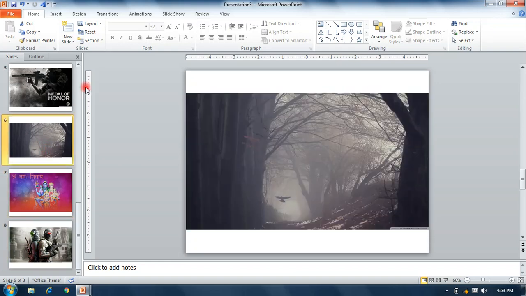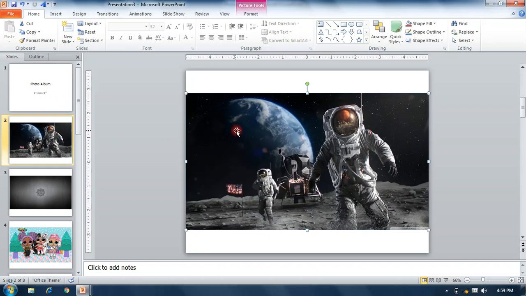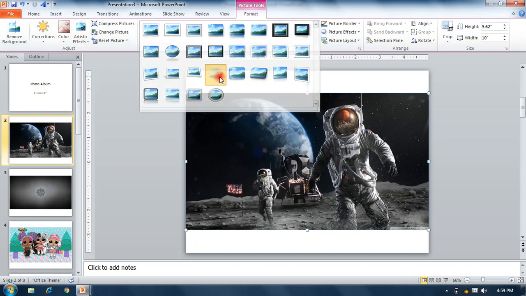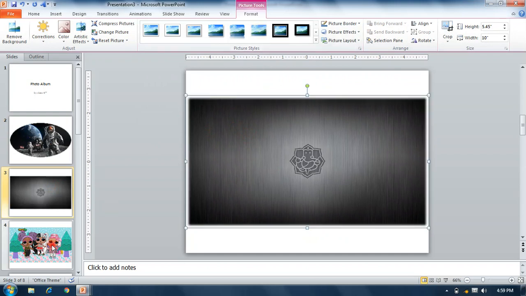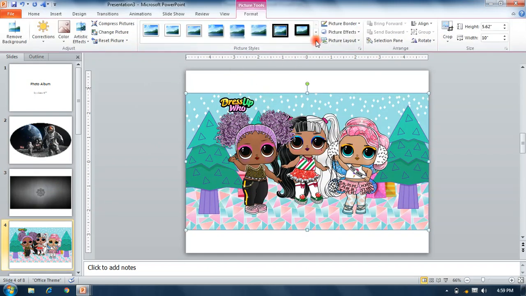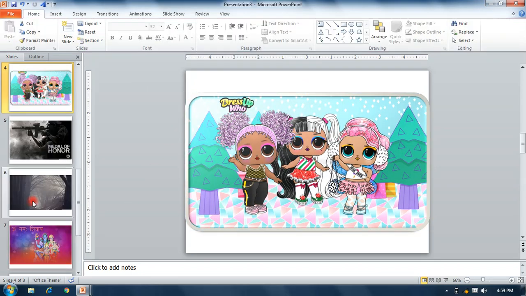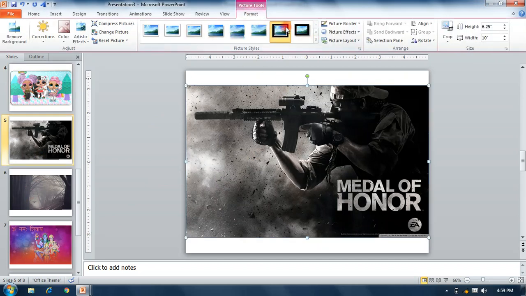Now when we select our object like that, it opens the Picture Tools Format options, and we can format it as per our requirement, like this, like that, like this.